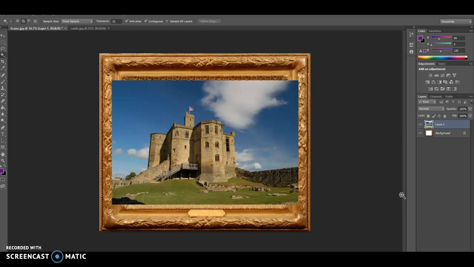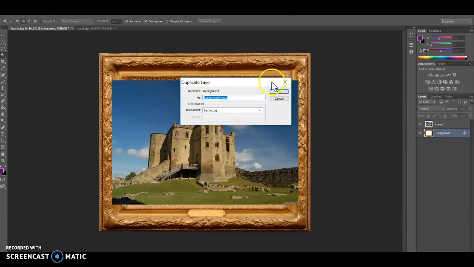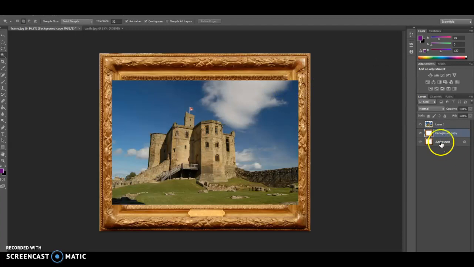frame. So to fix this, you want to click on your background layer and make a copy of it. So you can simply right click if you're using a PC. If you're using a Mac, you need to hold down the control key and click on the background layer and then duplicate this layer. It's going to ask you if you want to make a copy of it. You're going to say OK, and you can see that in your layers panel it's now made a copy of